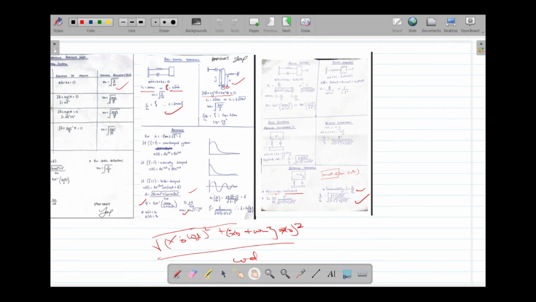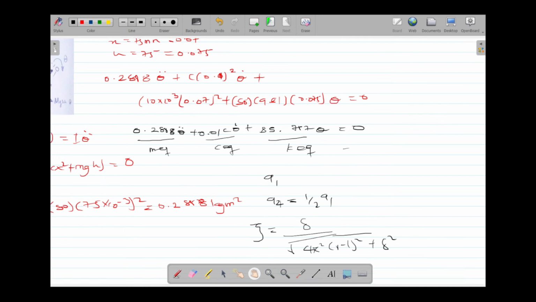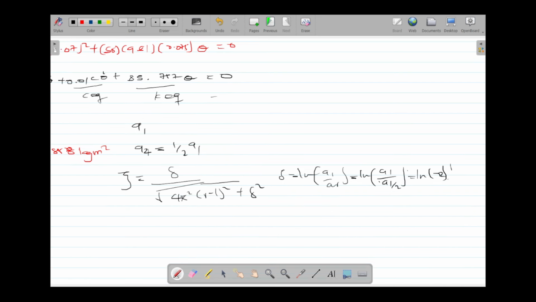So right here we have ln a1 over ar is equal to this, and this is also known, so we want zeta, so we are going to use this formula. Zeta is equal to delta over square root of 4 pi squared (r minus 1) all squared plus delta squared. And from the formula, delta is equal to ln a1 over ar, in this case ln a1 over a1 on 2, giving us ln 2. Now we know delta, right? So ln 2